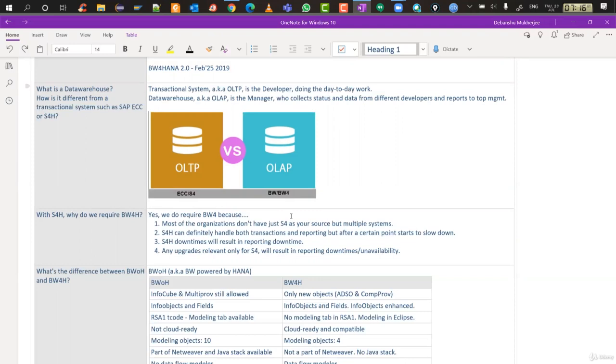But before we go there, I just want to make sure that you understand the differentiation between an S/4HANA system and a BW/4HANA system. S/4HANA is a transaction system, and BW/4HANA is a data warehouse. It's like, for example, a project manager has given you a task: you have to create 100 Excel sheets, and in each of the 100 Excel sheets, you have to input 1,000 lines of data. So you have your head down on your desk, you're continuously working, creating Excel sheet 1, putting in 1,000 lines of data, Excel sheet 2, 1,000 lines of data,